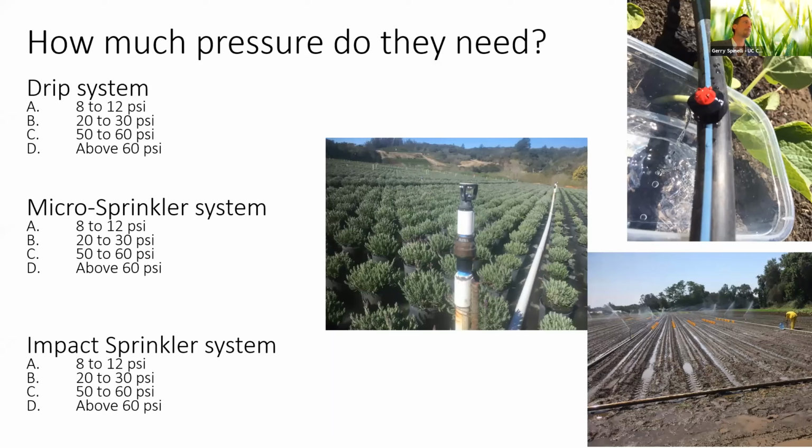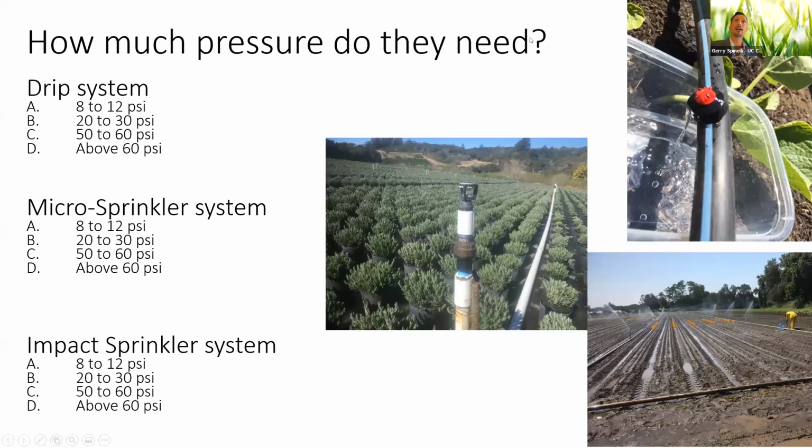Everybody can pick a number, but you can just guess by yourself that probably the dripper that just needs enough pressure to get out of that dripper doesn't need as much pressure as a big impact sprinkler that needs to spray that water, needs this squirt of water that needs to get 30 feet away to the other sprinklers. So you can just by intuition guess that the dripper will need low pressure, and in fact these are sometimes called low pressure systems, and the sprinkler would need more.